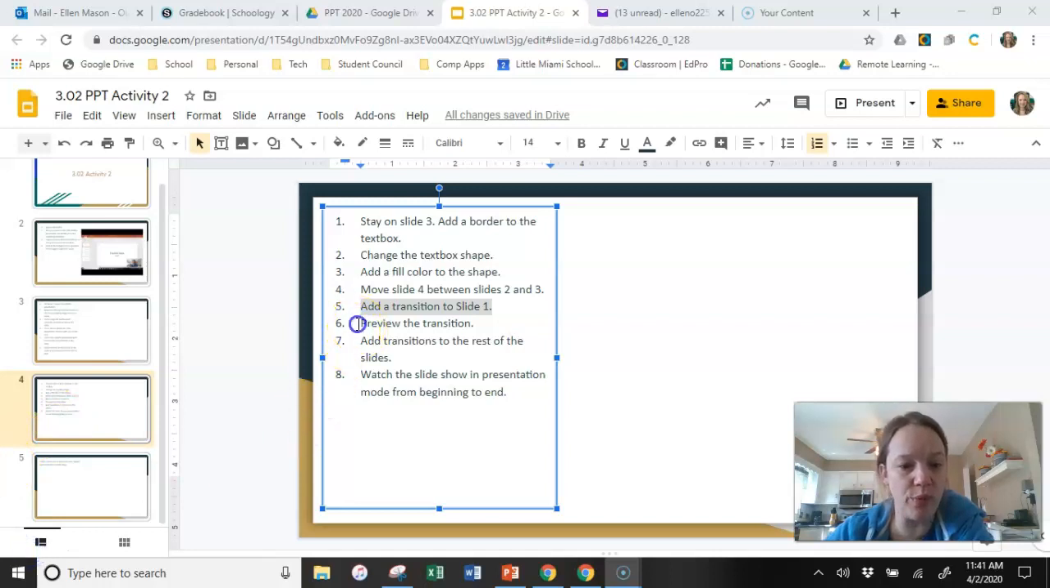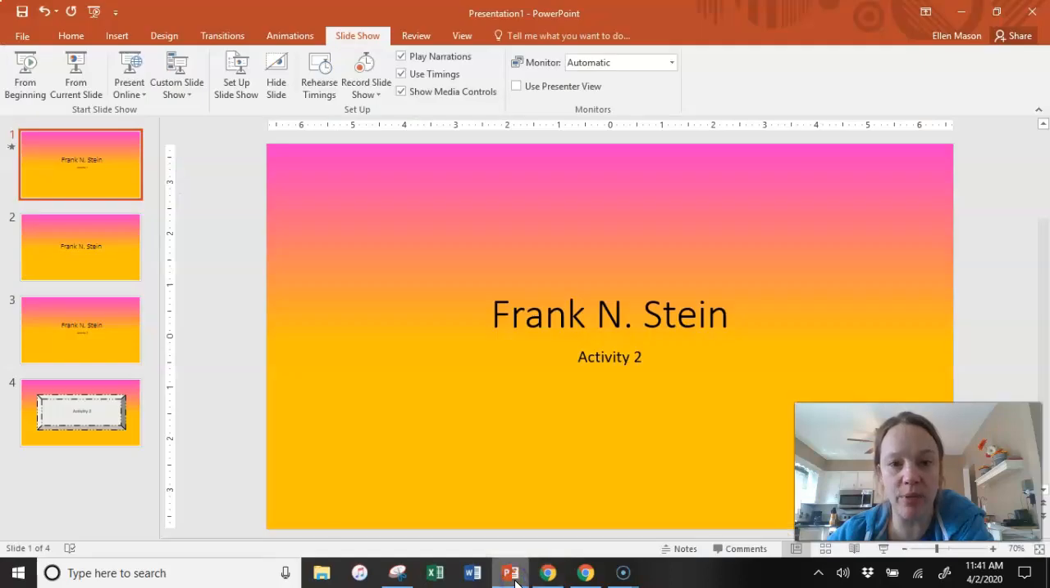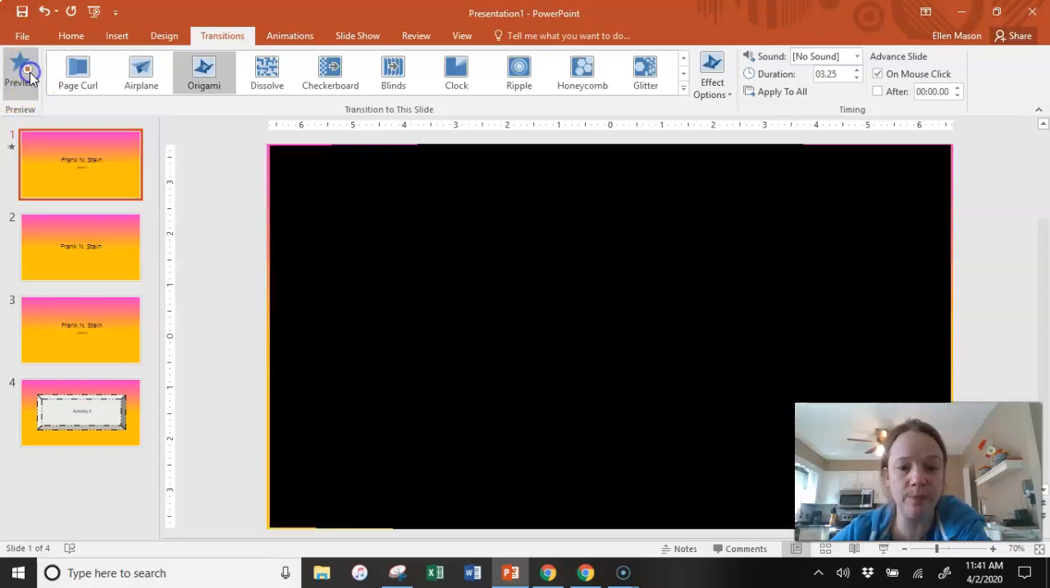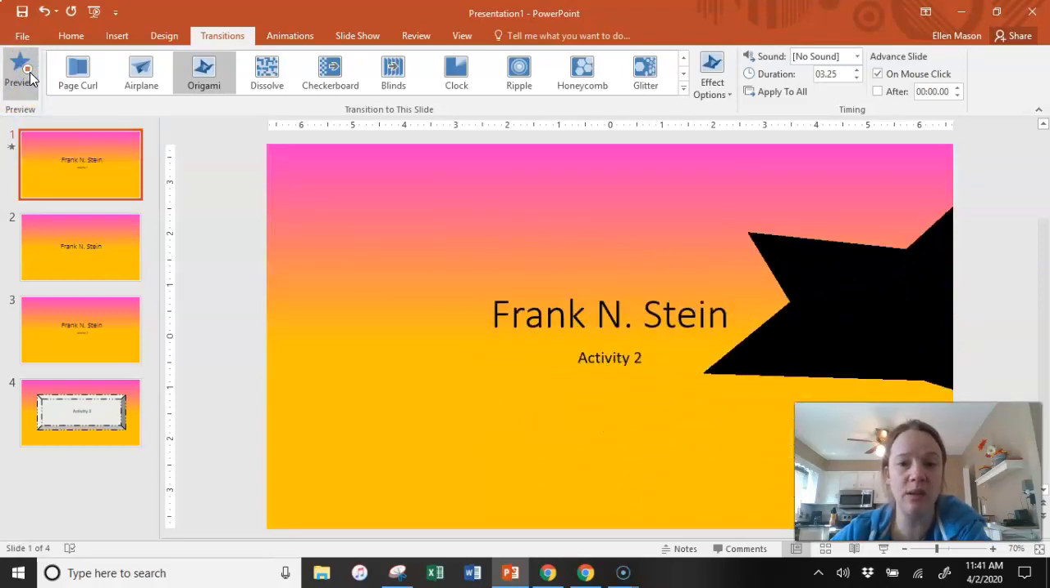Step 6, you are going to preview the transition. It is very important in PowerPoint that you are constantly previewing what you've done to make sure that when you or your audience watches it in slideshow mode, it looks appropriate and everything does what you want it to do. So there's a couple ways for you to preview. If you're still on the transitions tab, after you've chosen your transition, you can just come over here and hit preview,